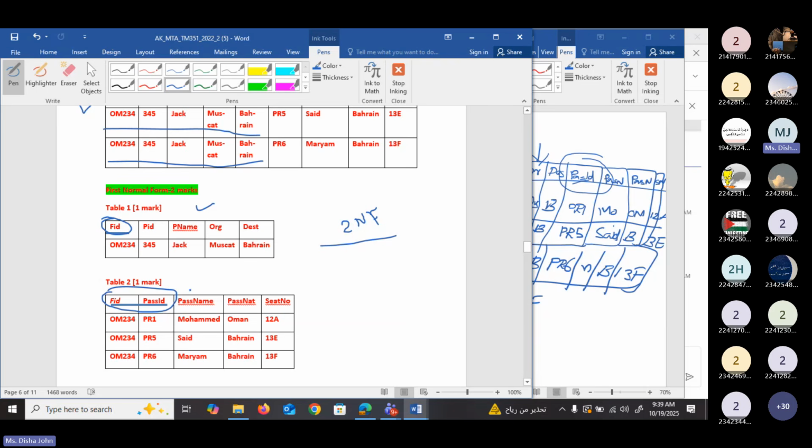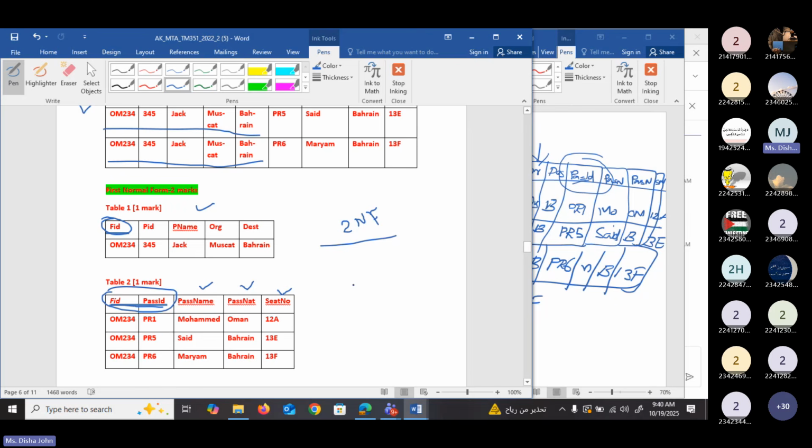Our primary key is flight ID and passenger ID, and we are checking any non-primary key column. Passenger name is a non-primary key column, passenger nationality is a non-primary key column, and seat number is a non-primary key column. So we are checking whether passenger name is depending on any part of the primary key. If passenger name is depending on passenger ID alone, or passenger nationality is depending on passenger ID alone, then it is not in 2NF.